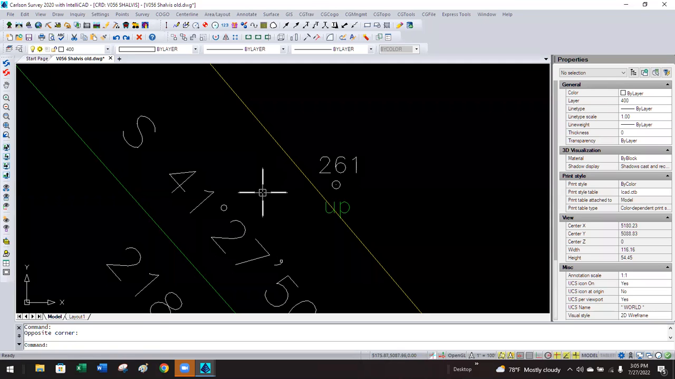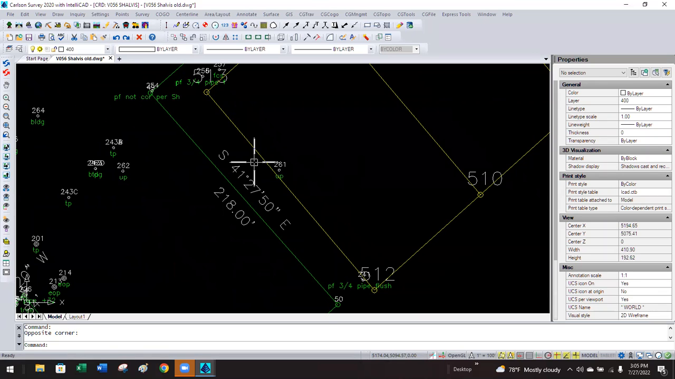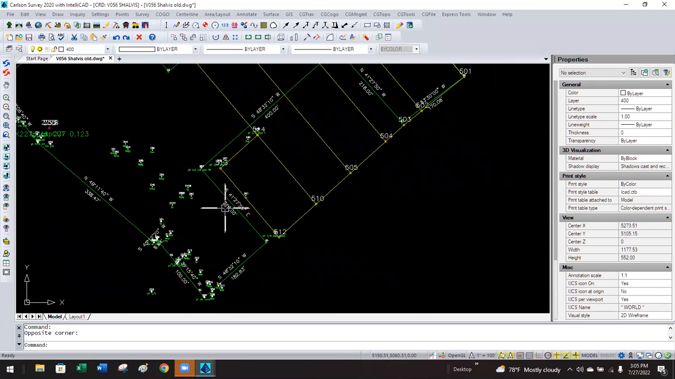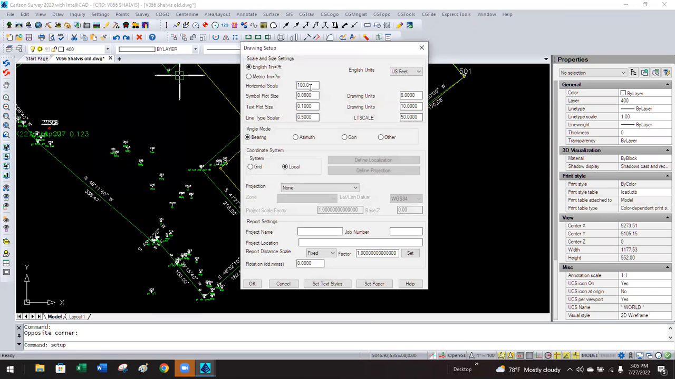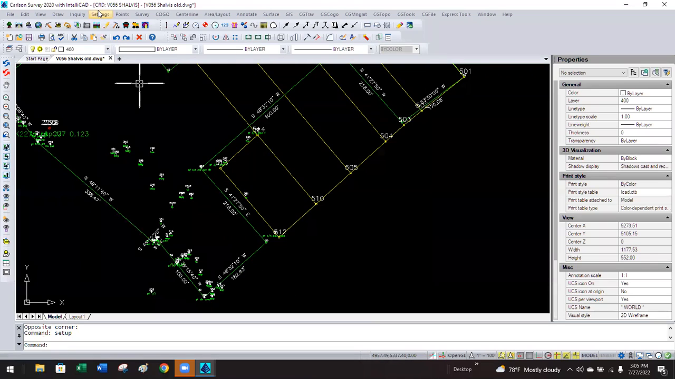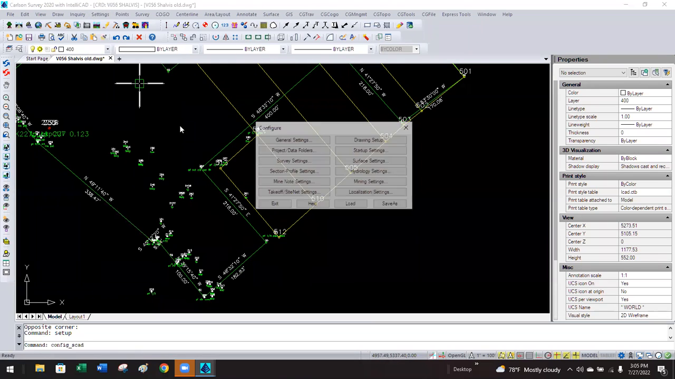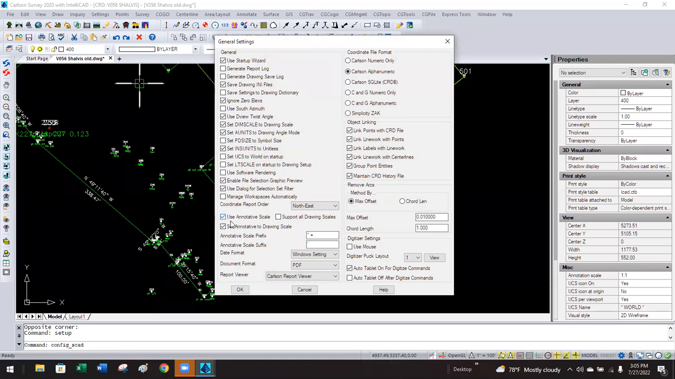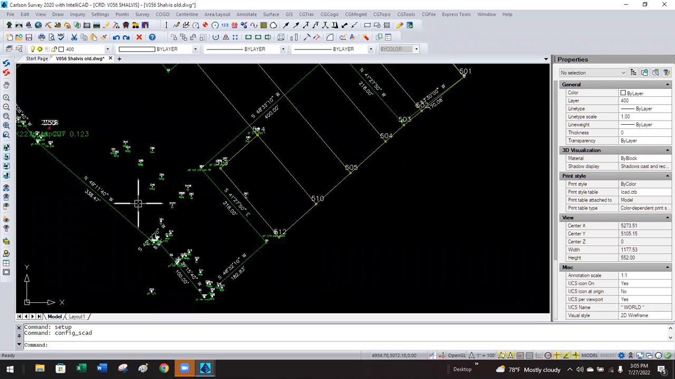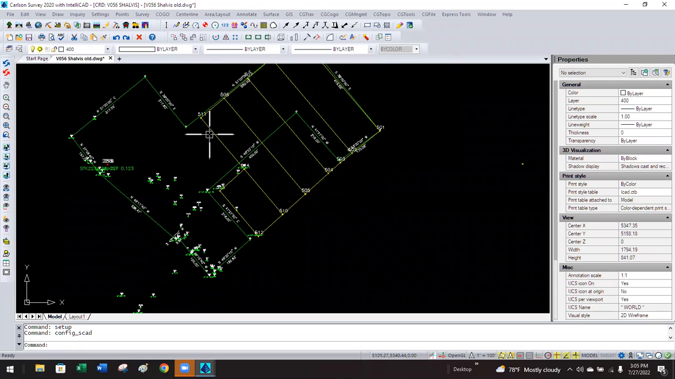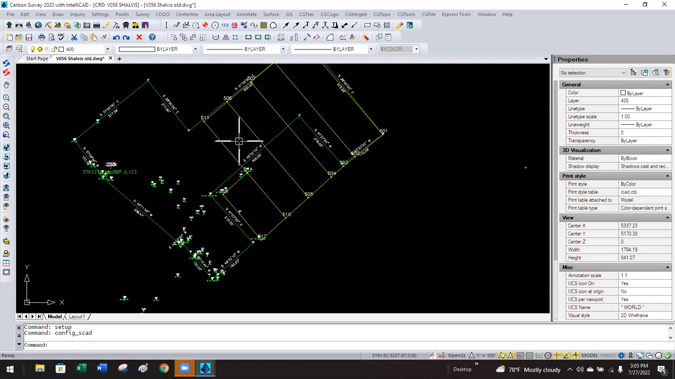Now, you've got a bunch of points and you've got some annotation and you've got a drawing scale of 1 inch equals 100 feet, and see, there it is. That's because under general settings, we left it as use annotation scale and set it to the drawing scale. So that's good. That sticks, even when you open up an existing drawing. So now you've got all of these different things. You've got some annotation